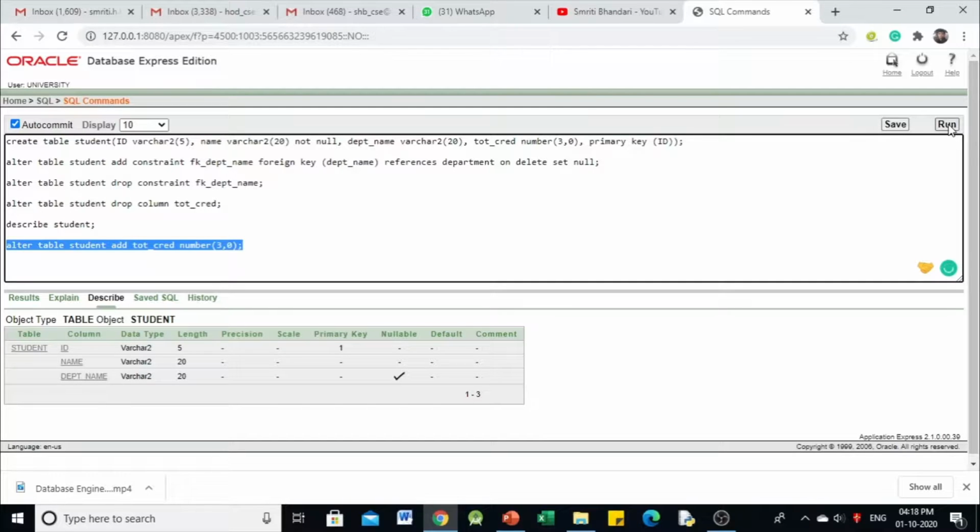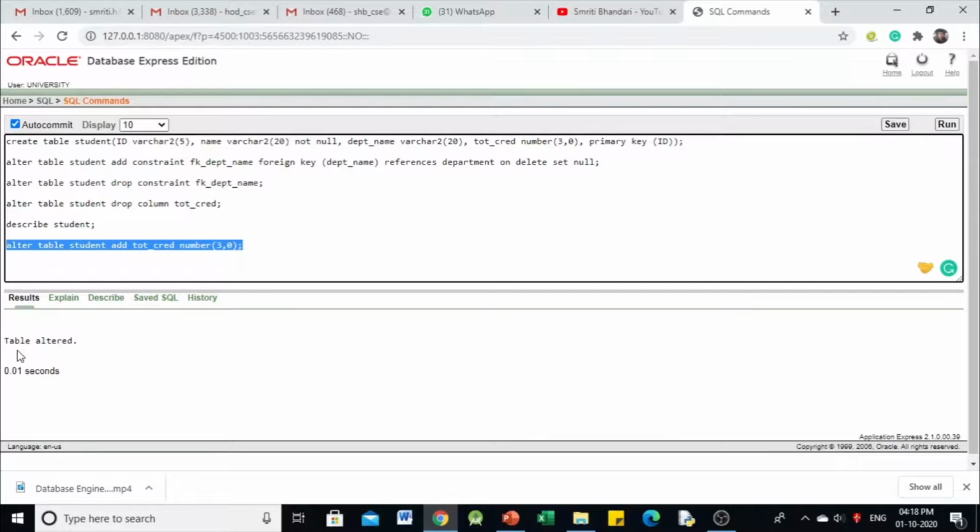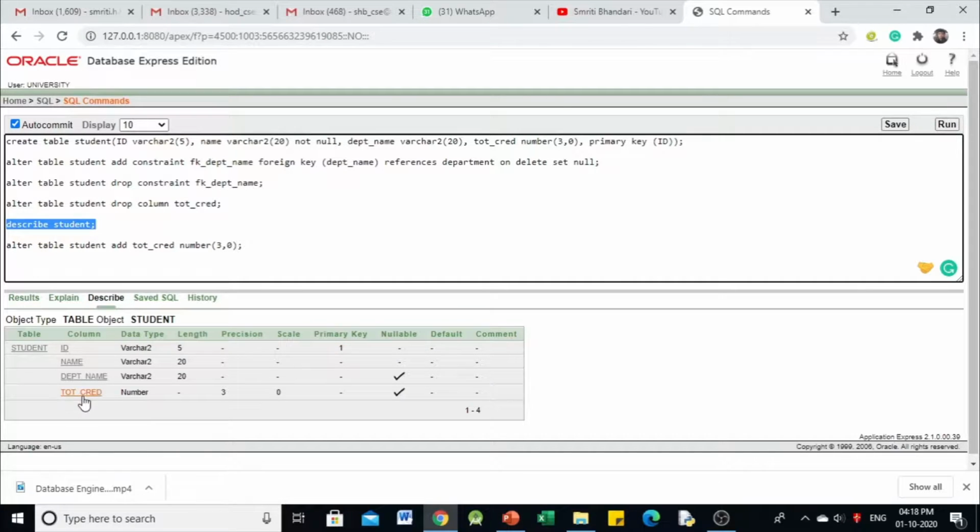Okay, and we are going to run this statement, and we are getting the message table altered. So we have successfully added this total credit column once again. If we describe the student table now, we can see that total credit has been added into the student table.